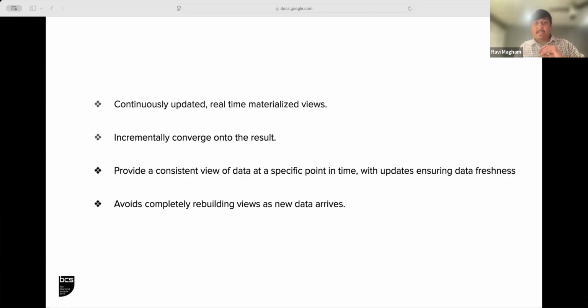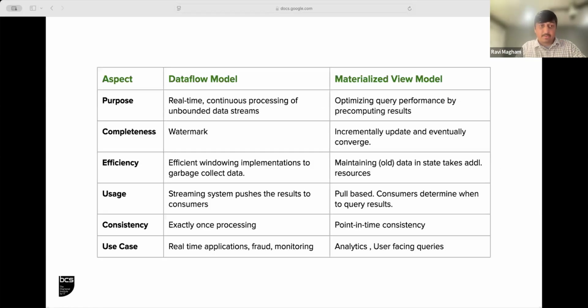But as I said, these are incremental in nature and they try to converge eventually at some point in time. There are some trade-offs in this, but if you have to just contrast quickly between the two, consistency is a big one. In a data flow model, you can get exactly once processing. Consistency guarantees are there, but in the materialized view, it's a point in time consistency where at that point, whatever is the data that's arrived is a value that gets returned back